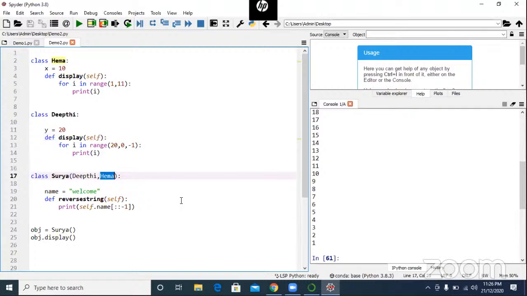Multi-level is the reverse of multiple, vice versa. If any superclass has multiple subclasses, that is multi-level. If any subclass has multiple superclasses, that is multiple. Are you understanding?